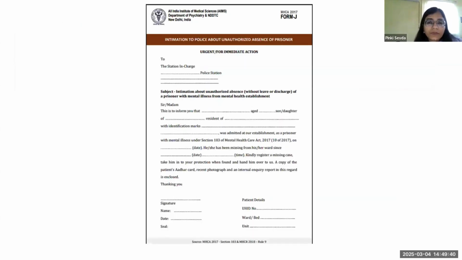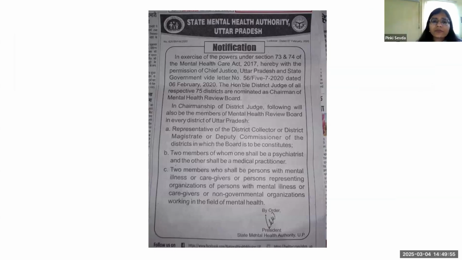If a patient who was a prisoner and admitted in our institute absconded without any information, then we will apply this form and we will send it to the station in charge of the nearby police station. And this was the SMHA notice of the